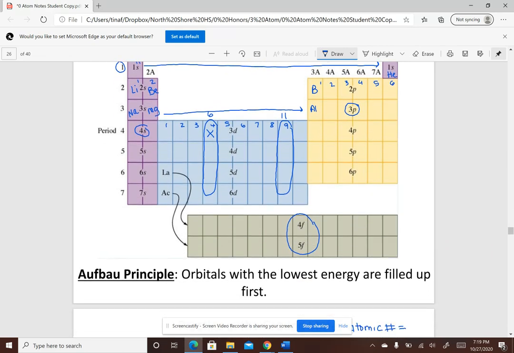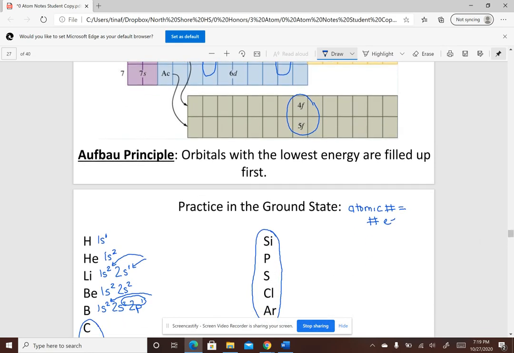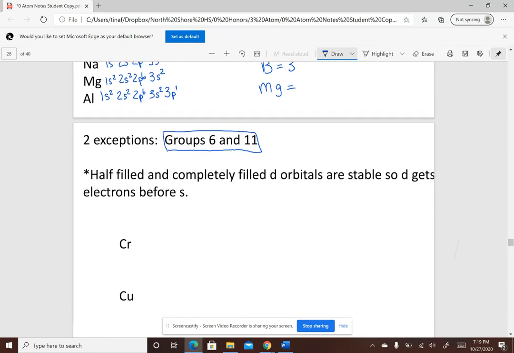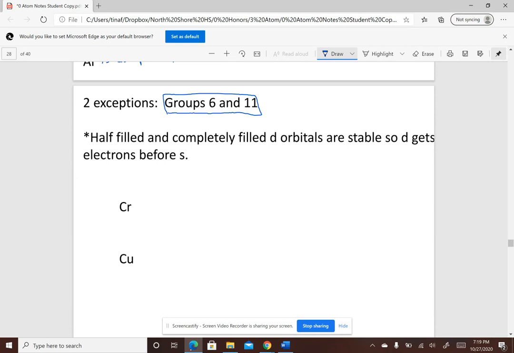Okay, so if I wrote out the electron configuration for chromium, right? So argon, it would have everything from argon and before. And then instead of being 4s2 3d4, it would be 4s1 3d5. So this kind of goes against the Aufbau principle, where we're supposed to be filling it up in order. But to make that d orbital more stable, the 4s can give one away.